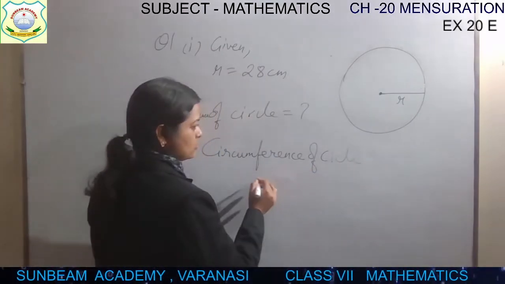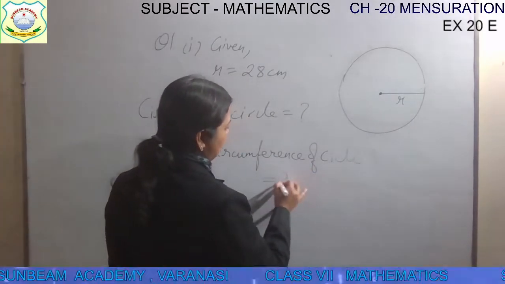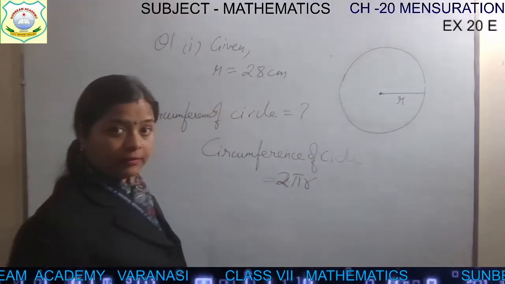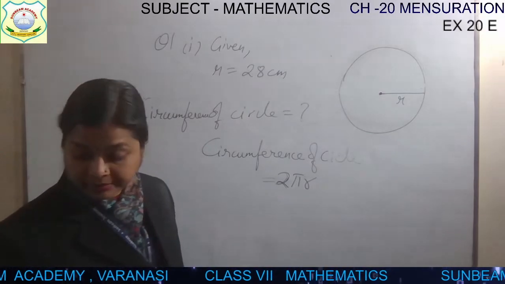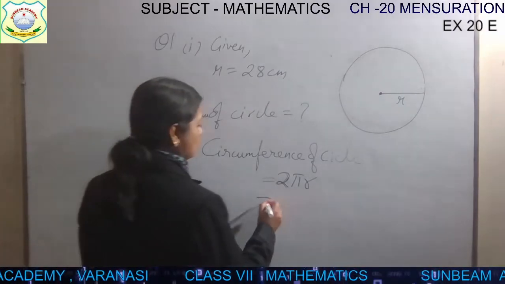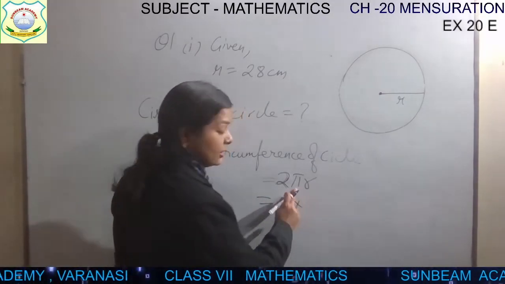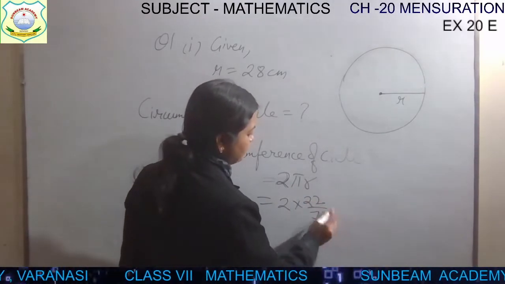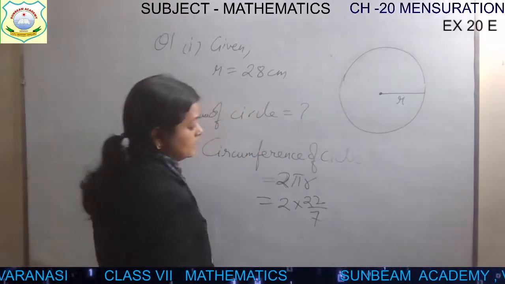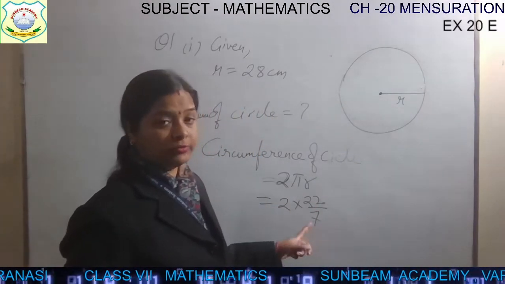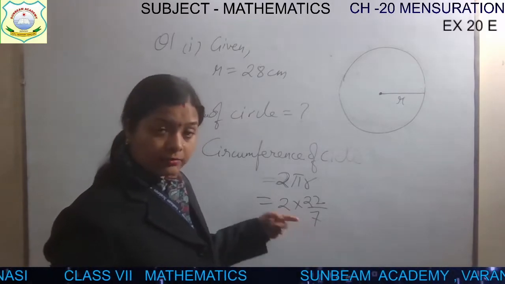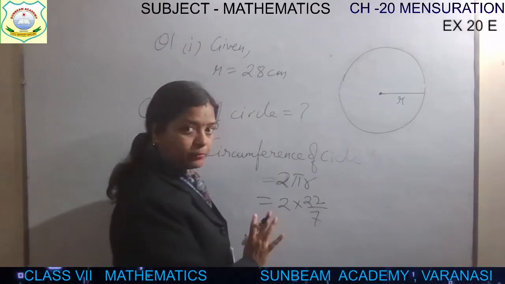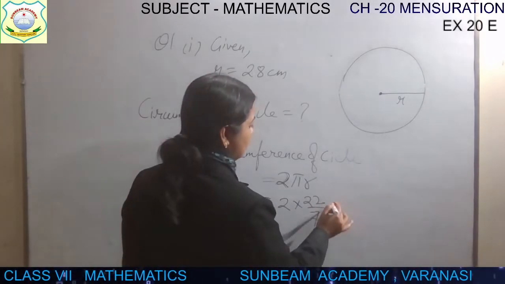Circumference of circle is 2 pi r. What is it? It is 2 pi r. And we will take the pi value they have given. Take pi as 22 by 7. So let's take 2 into the value of pi, 22 by 7. You will learn in higher classes that it is not a rational number, but we want to find the solution. That's why we use it. We just take pi value as 22 by 7 into r.